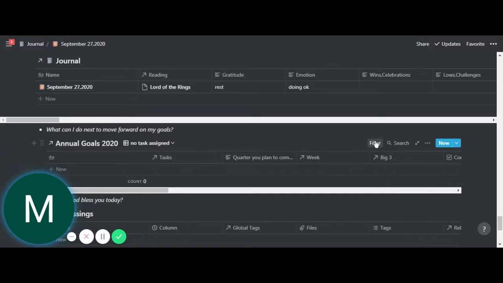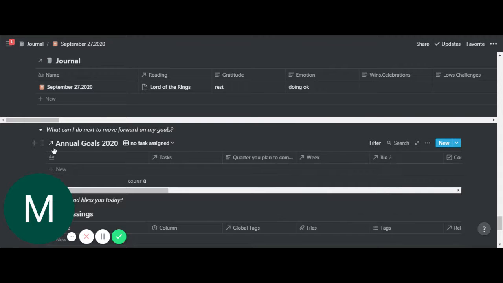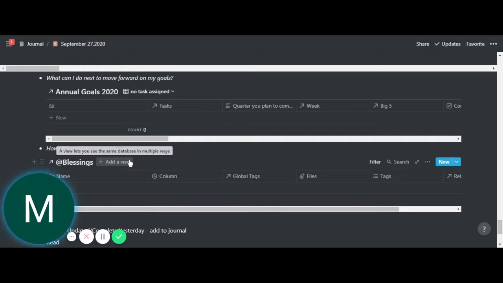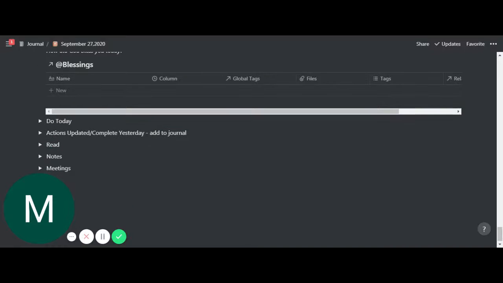Basically, the filter for this is showing me any goals that I have where I don't have any tasks related to them right now. And then how did God bless me today? I think that's just important for me personally. We can get so nose to the grindstone that we don't come up for air and say, what is God doing in my life? So it's just important for me.